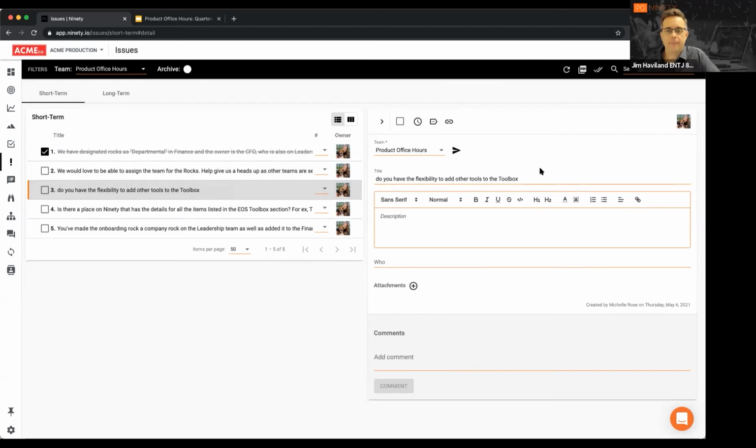Do you have the flexibility to add other tools to the toolbox? Right now it's set standard, not right now. We can't add links or any other info to connect it to anything, but love the feedback and we'll definitely put it on the list and share it. It's definitely something that's been on my mind. Yeah, the toolbox is the pure EOS IP property at this point. So we're certainly finding other ways of making sure that all the right tools are front and center for you. But we're happy to hear suggestions.